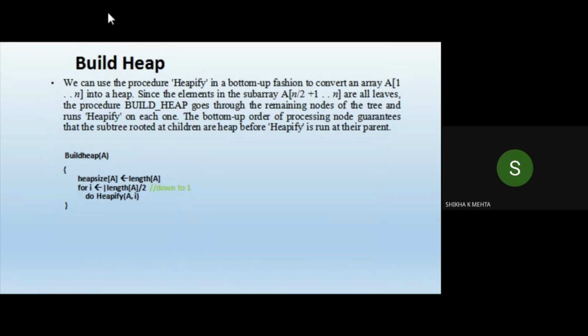See, this was the task of the heapify function. Then we have another function that is called build heap. We can use this procedure heapify. So for building the heap, in the build heap, what we are doing is